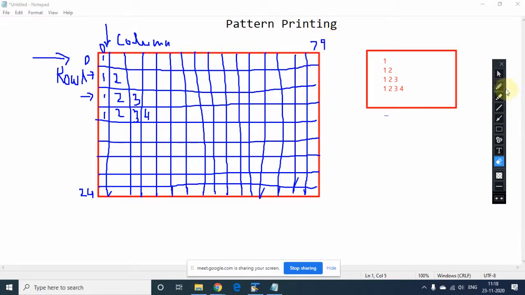As you can see, the printing starts row wise, and this is the standard method. In this pattern printing we will use a for loop, and this will be your structure. The nested for loop we will use.